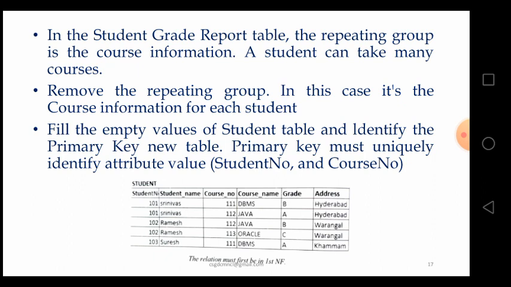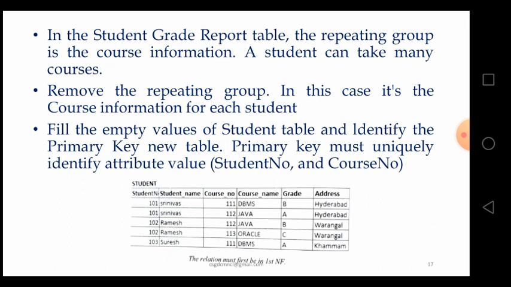In the student grade report table, the repeating group is the course information. A student can take many courses.